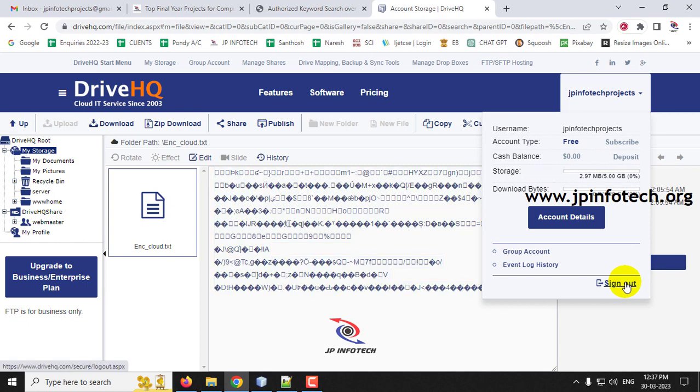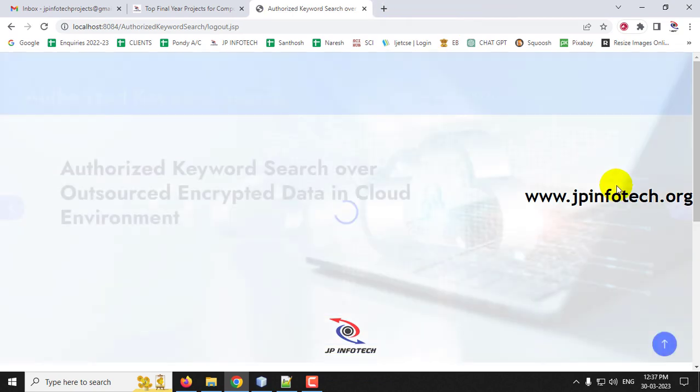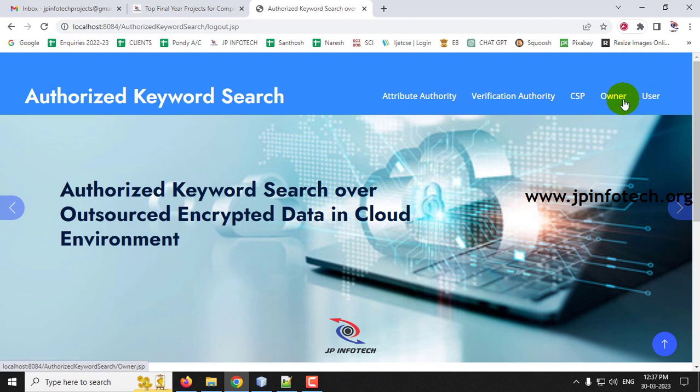So now let me log out from this cloud part. So it is made sure that the file that we are uploading is stored in the Drive HQ, that is cloud service. So now let me log out. So now the data owner has uploaded a file. So now let us go for the